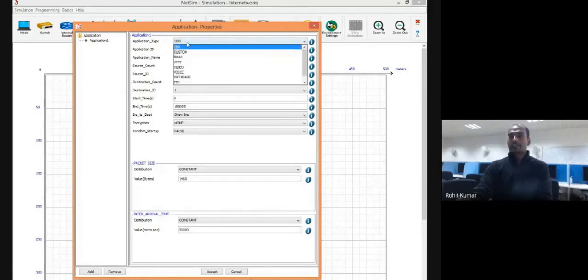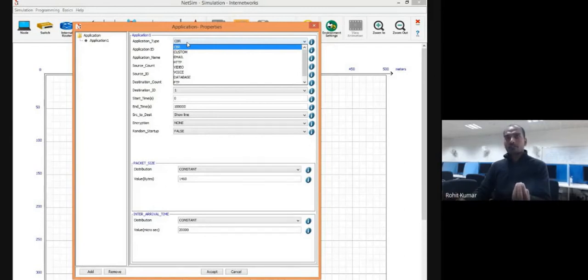So application type, there are lots of application types, because the network is supposed to be used by heterogeneous devices, a wide variety of devices. Their protocols, their parameters, their configuration might be different, and their capabilities will differ. So accordingly, their application type will also differ. For example, a device may not be capable enough.